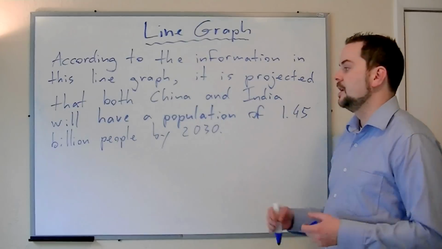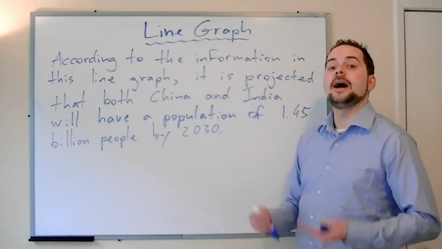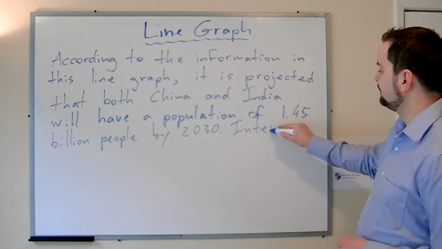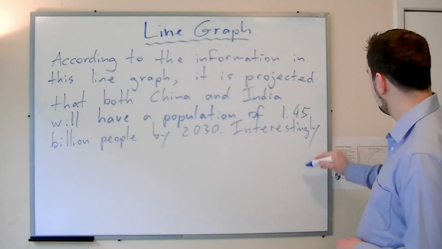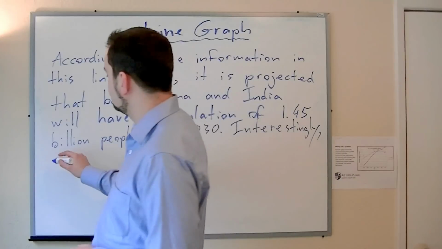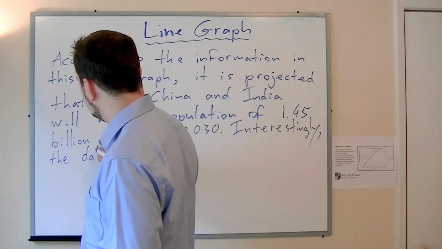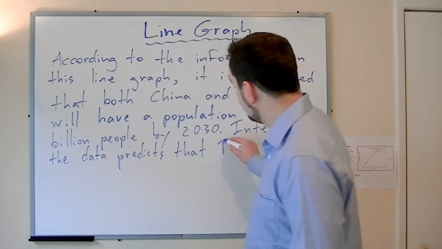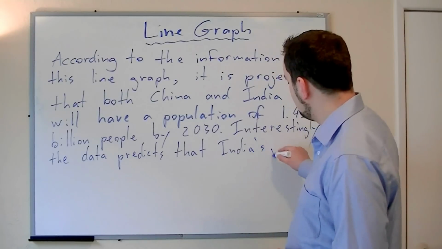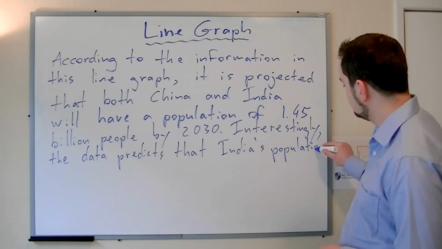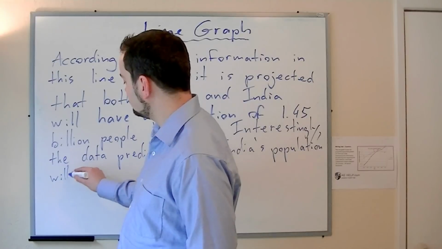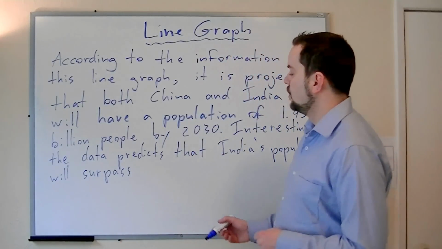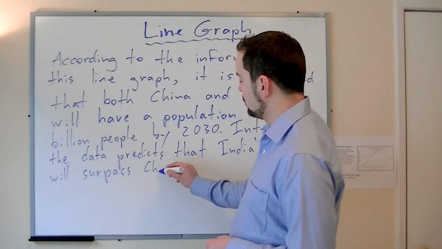things get interesting, because the line tells us that India will have a higher population than China. So let's start with a leading expression here. Interestingly, the data predicts that India, or India's population, will surpass, means to go above, will surpass China's population